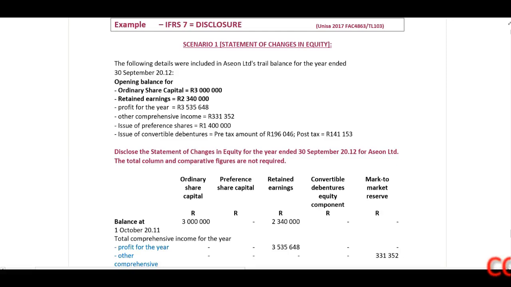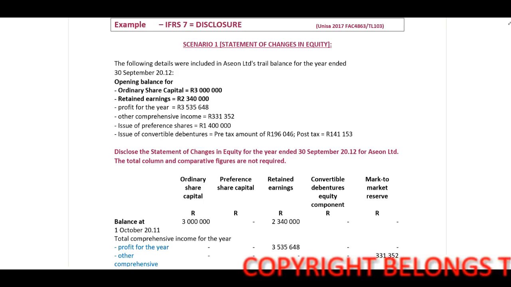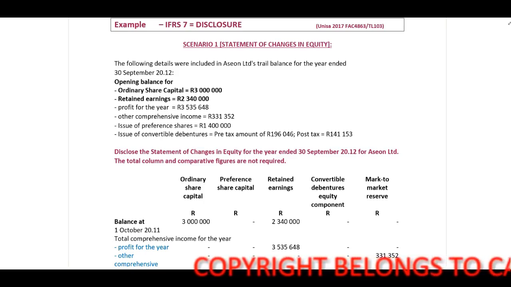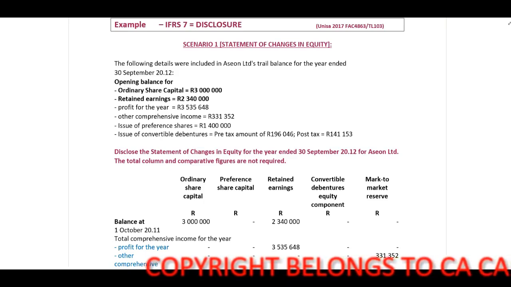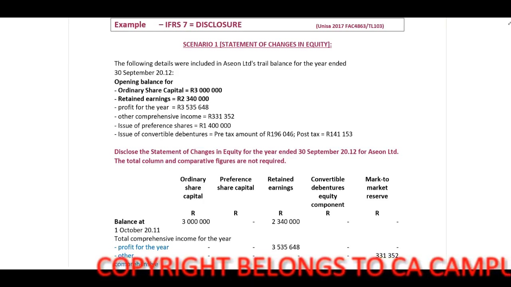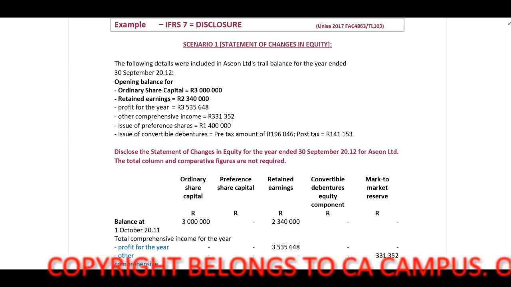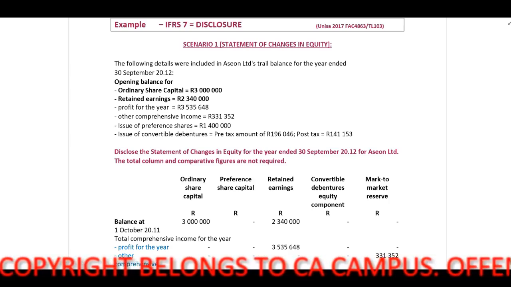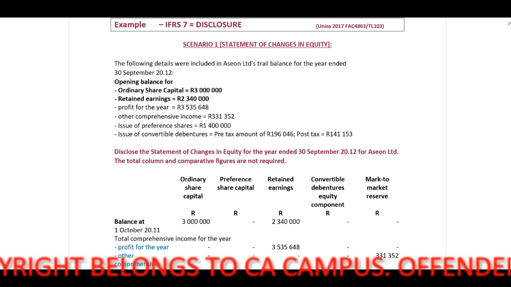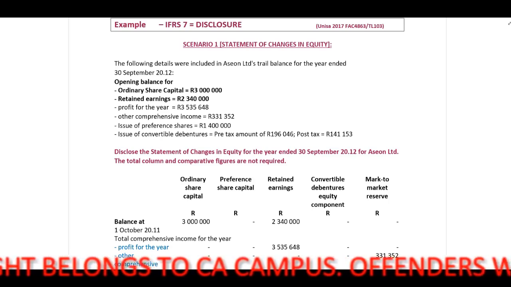In this example, we will look at the IFRS 7 disclosures. Scenario 1. The following details were included in ASEAN Limited's trial balance for the year ended 30 September 2012. Opening balance for ordinary share capital, retained earnings, profit for the year, other comprehensive income, issue of preference shares, issue of convertible debentures, pre-tax amount of